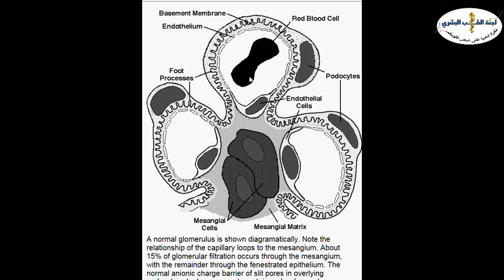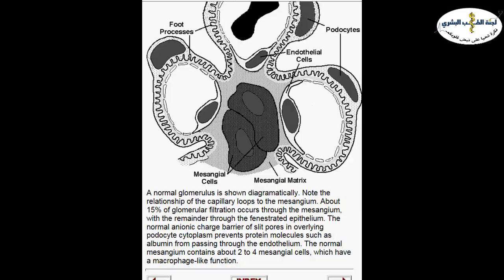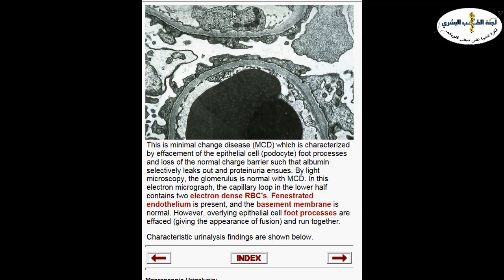Now here, supporting these three capillary loops together, we have mesangial cells. We have two mesangial cells, and the mesangial cells also produce a matrix, mesangial matrix, to support the loops together. This very much resembles what we see under electron microscopy. We do electron microscopy in the glomerulus to look at the ultrastructure of the capillary loops and to check for pathologies of the glomerulus. This is from a patient who is suffering from nephrotic syndrome.